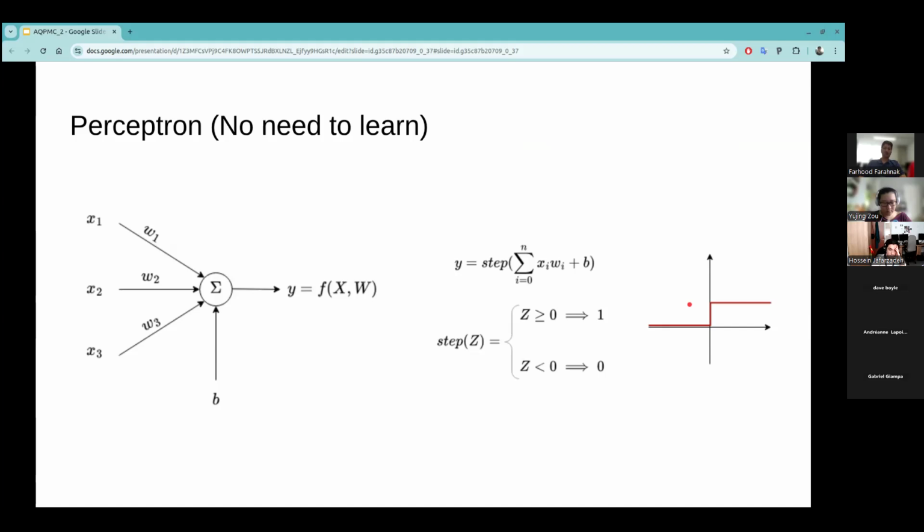No one has been using perceptrons for maybe 60 years, and there's no need to learn it, but it gives us some idea of how neural networks work in general and how we train them. That's why I'm showing it here. So the perceptron, the neuron itself, it's